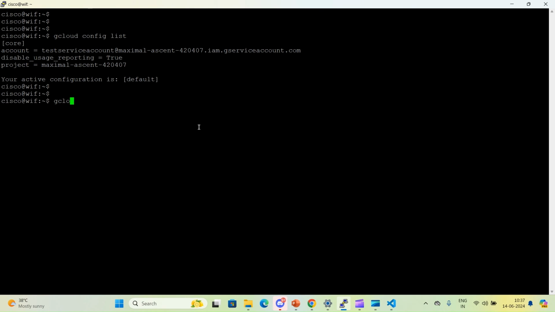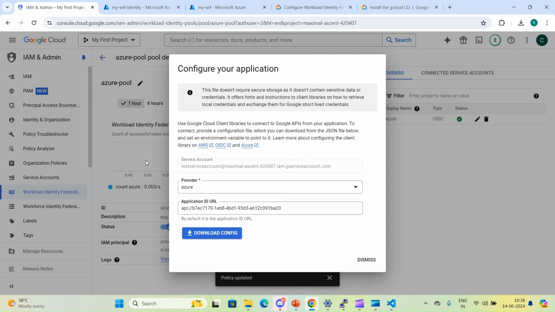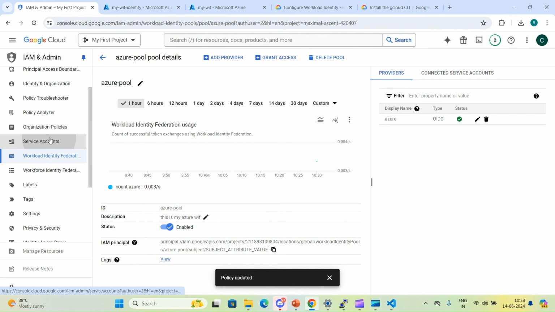So if you try to run any command like gcloud compute, we can try compute networks list, but it is saying that we don't have any permission because we haven't provided it. So let's go to our console, and let's go to our service accounts.